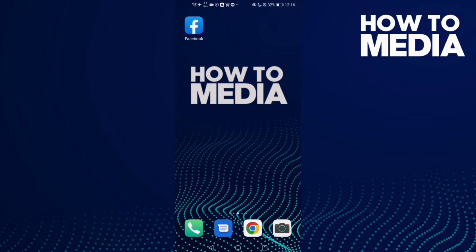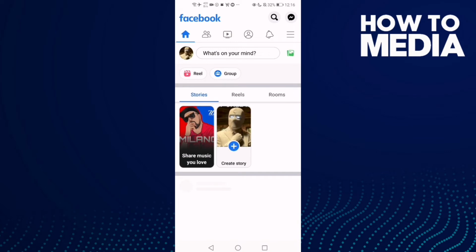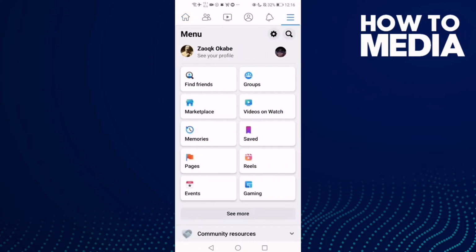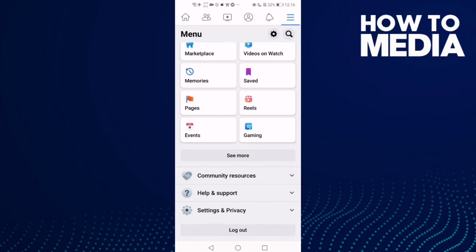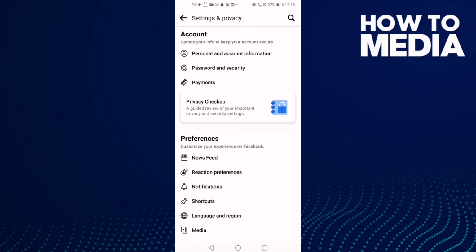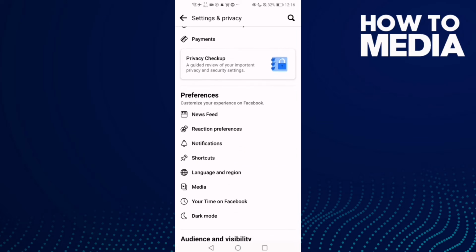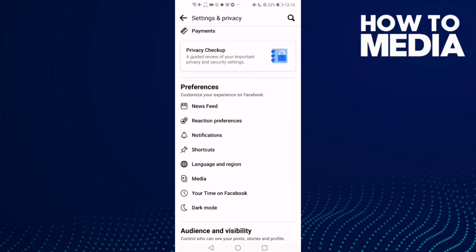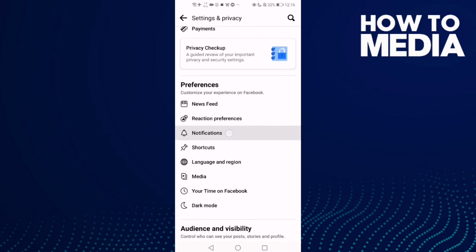First thing we're gonna do is go to Facebook and then click these three lines here, and now go down until you find settings and privacy, and then click settings, and now just go down and you will find this one, notifications. Click on it,